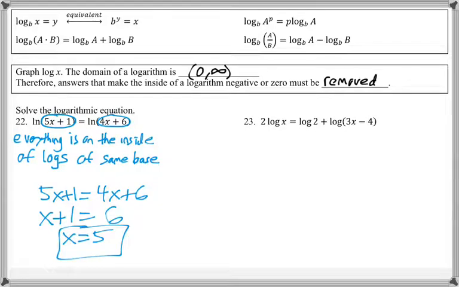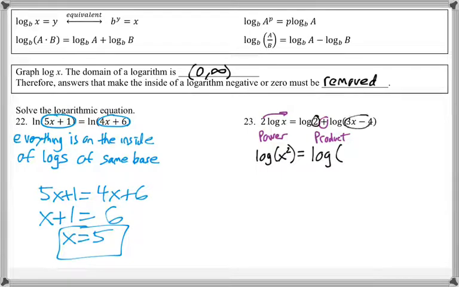On question number 23, I want to condense this using my rules. So I'm going to use the power rule to bring up that 2, and then I'm going to use the product rule to combine those two logarithms on the right. So this will be log of x squared is equal to log of, now using the product rule you want